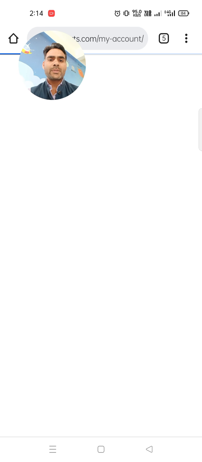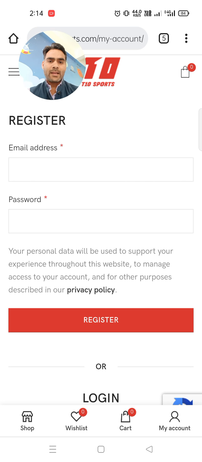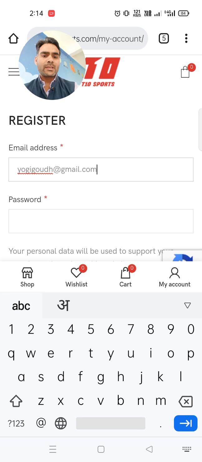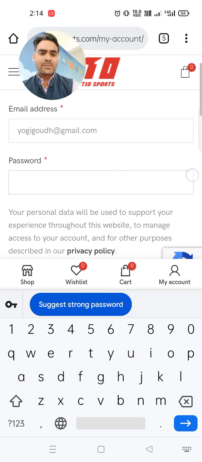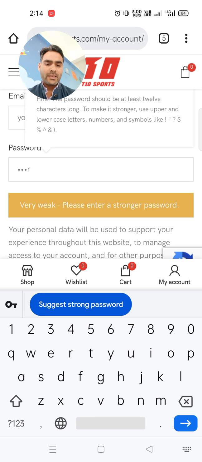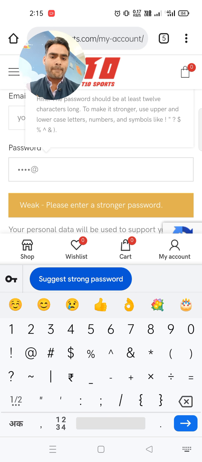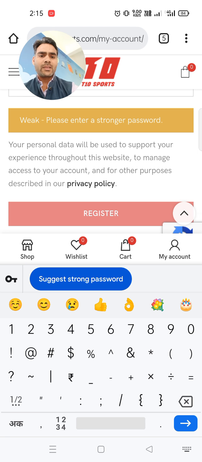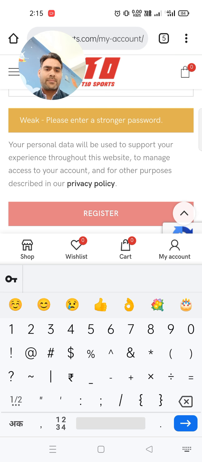A form opens here. You can enter any email id, and you select a password. Suppose I enter my email id here, and I select a password like this. You can also select one. Then click on the register button.